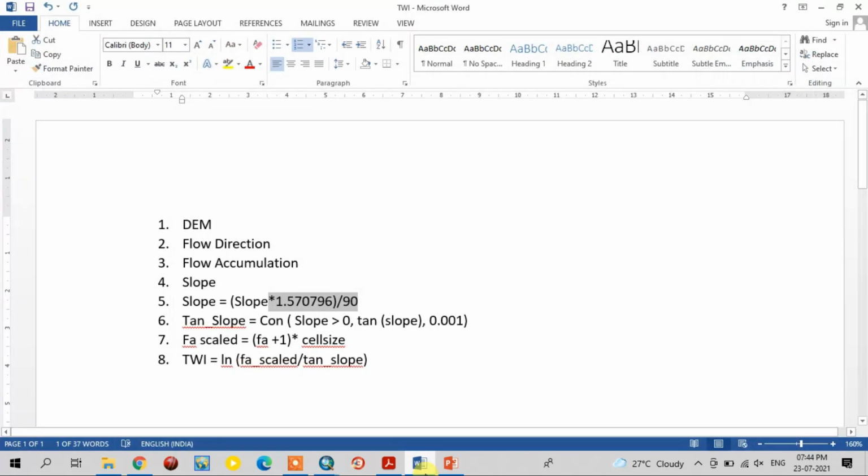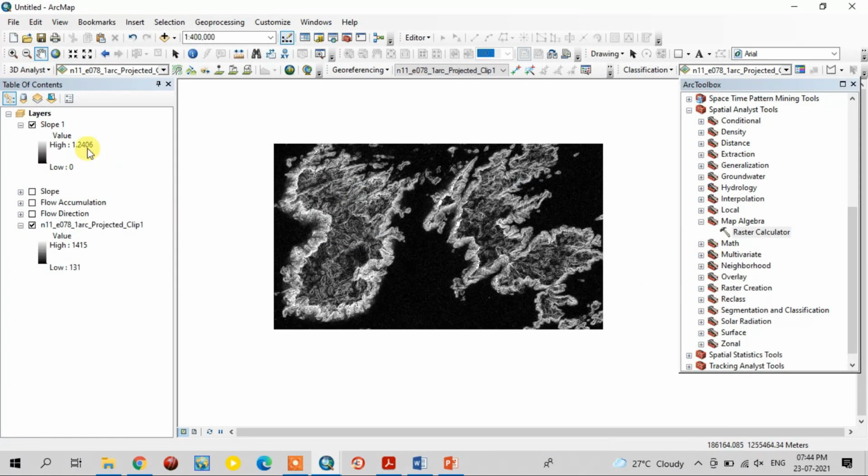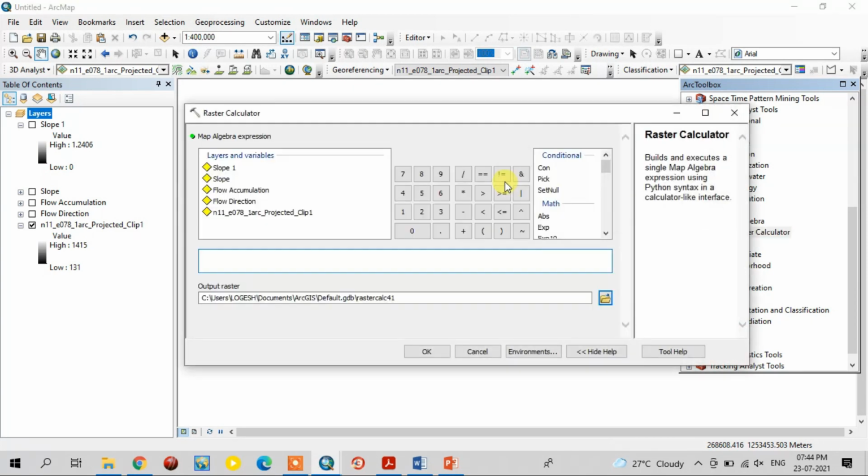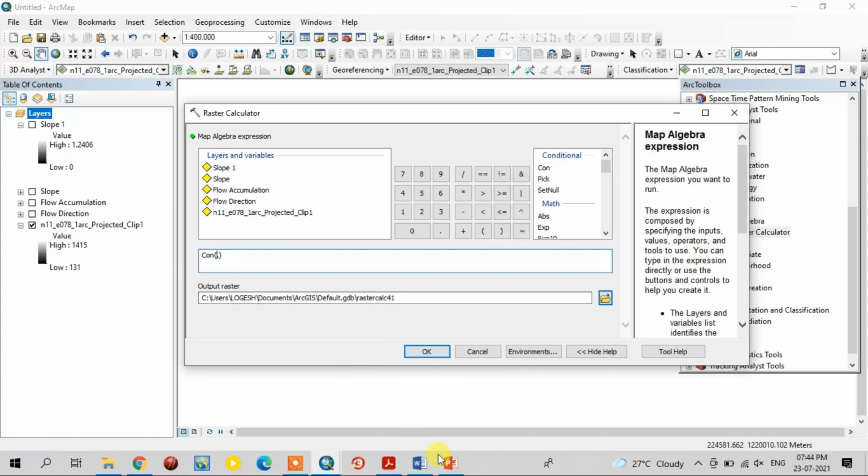After that, the sixth step is we need to calculate tan slope using this formula. In the same map algebra option, using raster calculator, you just select the conditional option, Con.